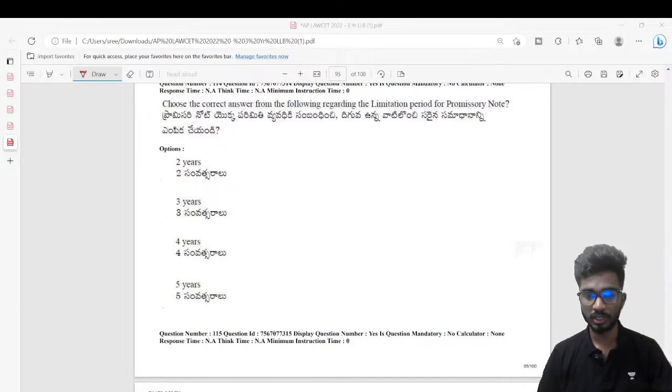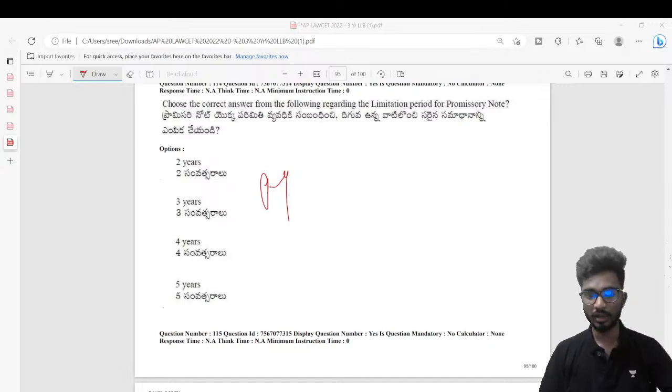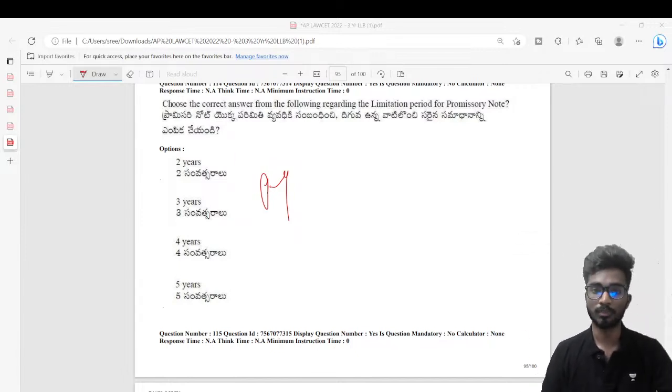So what is a promissory note? A promissory note is something that you write when you have to pay an amount to somebody. For example, you have taken 1 lakh rupees from me and you promise to return it with 12% interest after some years. Then you will write a promissory note saying you will give it after that much time. That is a promissory note. Next,